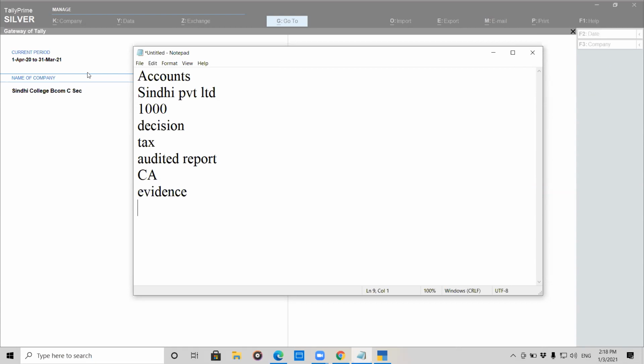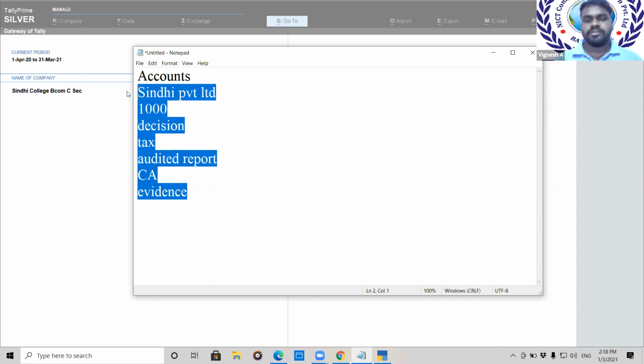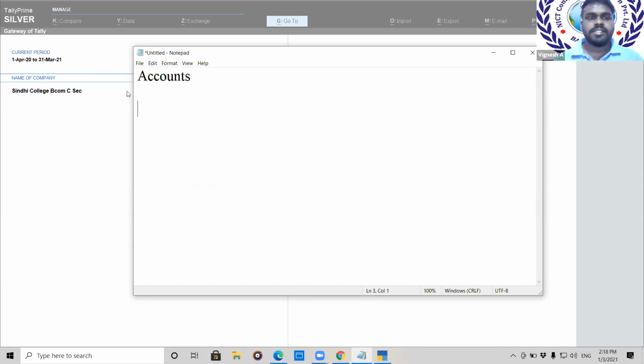Yes, sir. Okay, now let us move to the terms and conditions of accounts, the rules they have prepared, how we have to go with the accounts. Okay, very simple, students. Accounts understanding is very simple. We have only these four things you should always keep in mind: assets, liabilities, income, and expenses. Other than this, nothing comes under your accounts.